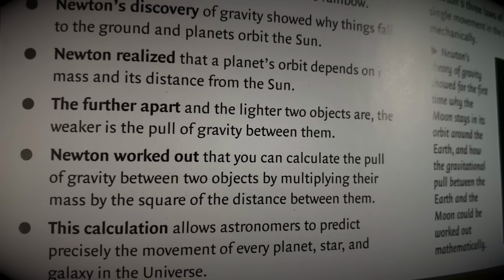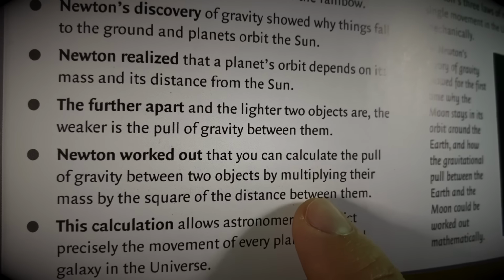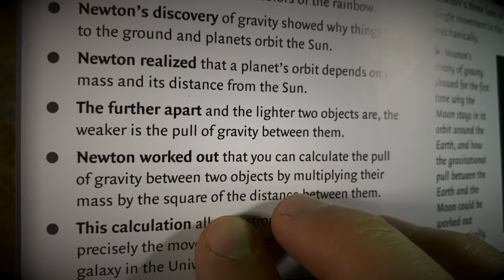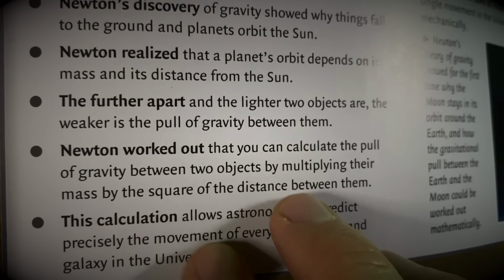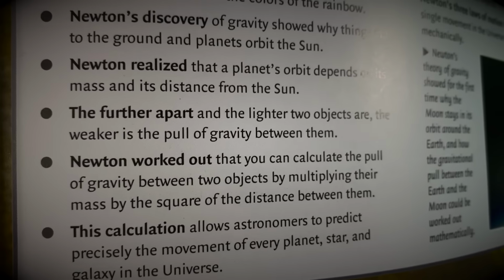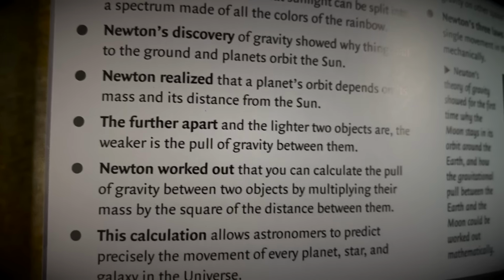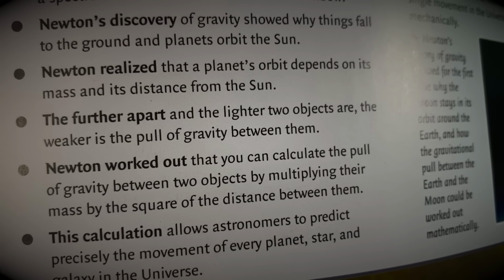So, it's a function of the square. So, yeah. As you get twice, if you get half as close as you were from the sun is going to be twice. Is going to be the square of the distance. Sorry, I gotta get used to exponents. The pull would be